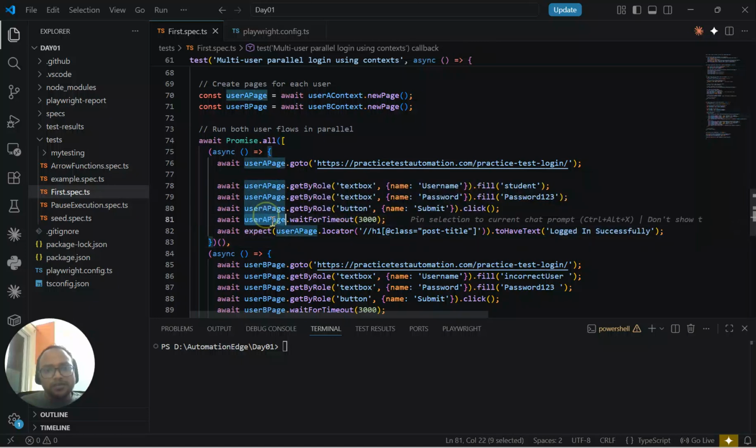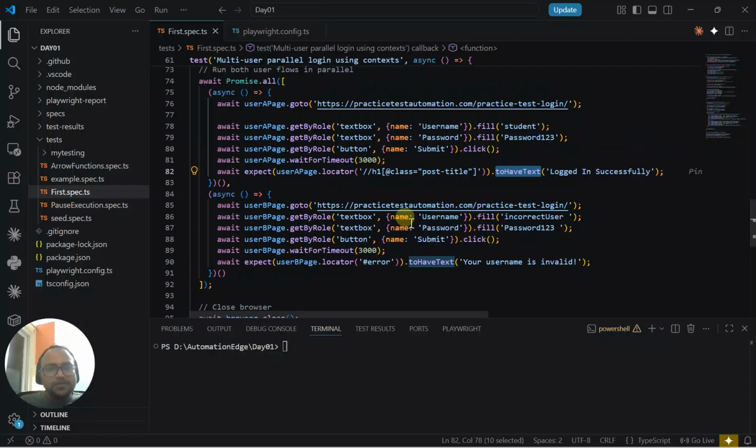So this is a username, this is the page name, right? Page.locator. So what is the locator? This is a locator to have this text. It will be asserting this locator after successfully logging into an application. The same way, this is the